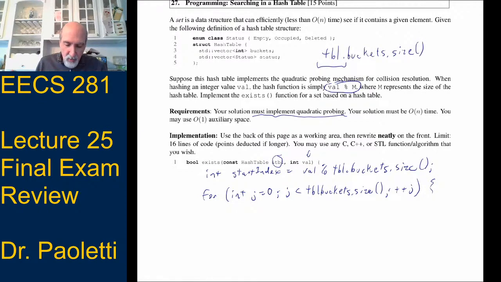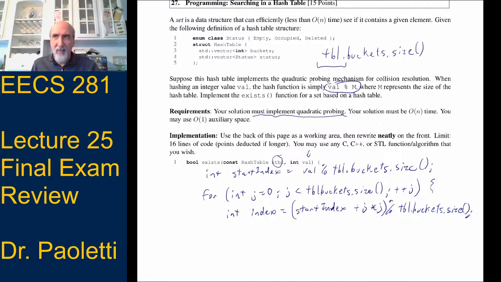So now what I've got to do is figure out my current index. So my index is equal to, well, that would be my start index plus j times j, modulo tbl.buckets.size. Hopefully that's the last time we're going to have to write that.